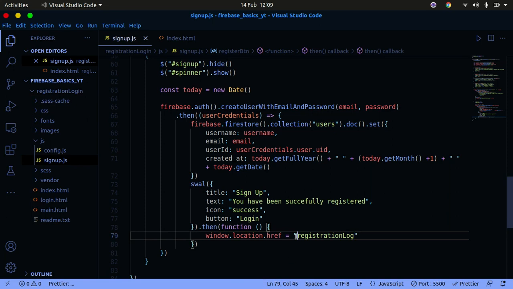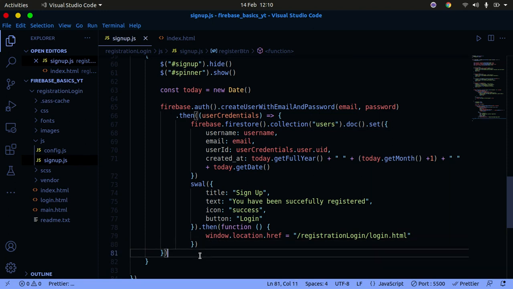So I'm going to do /registration, registration login, so /login.html. In case everything succeeds, I'm going to drag the user to the login page. So great. Once we have that done, I can also catch